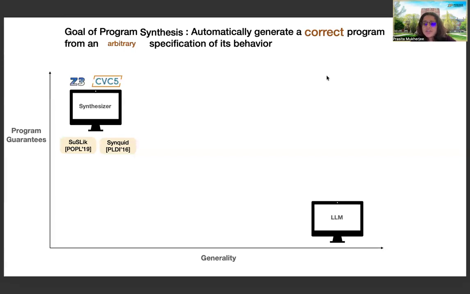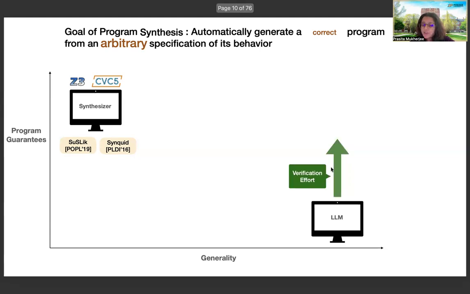So the programs generated by an LLM would fall somewhere here in the graph, which means that they would generate any program given any kind of specification, but it does not come with correctness guarantees. So we need to push the bar, and in order to push the bar, there needs to be significant verification effort. But we didn't quite lose the battle here, because there exist theorem provers like Rocq that help us write